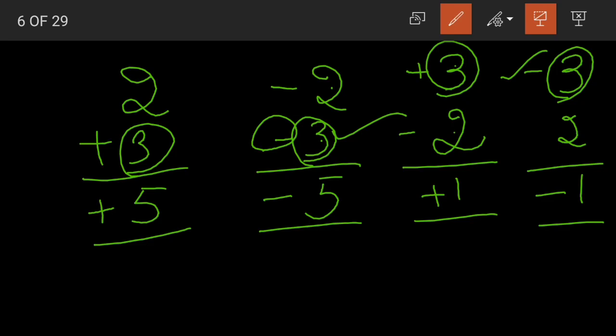When we add or subtract integers, the sign of the higher absolute value integer is given to the result. I have explained this with all the four scenarios, right? Two positive integers, two negative integers, a positive and a negative integer. When we add or subtract, we give the sign of the higher absolute value number to the result. And when we multiply or divide, when there are similar signs, the answer will be positive, and when there are different signs, the answer will be negative.